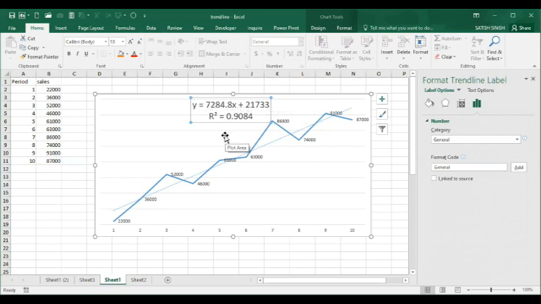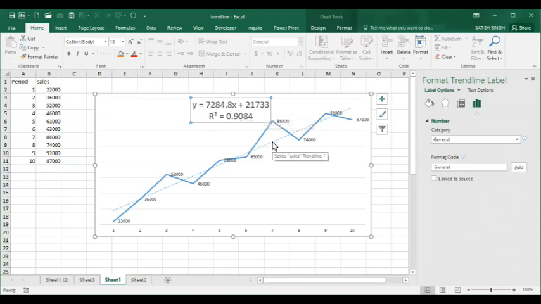When we have a regression line, it is equal to y = a + bx, and a and b are the constants. So these 21,000 and 7,284 are basically the constants. So we have seen that it is able to predict 90% of the items accurately on this basis.